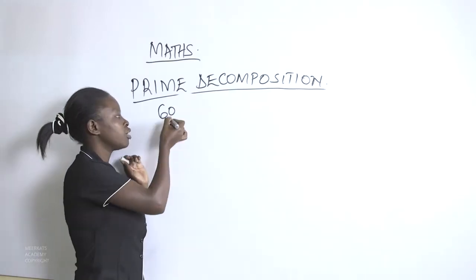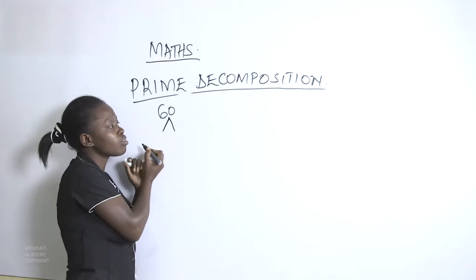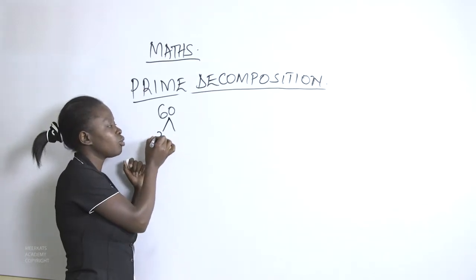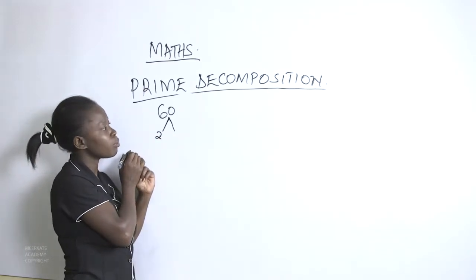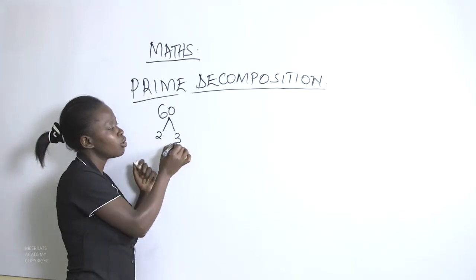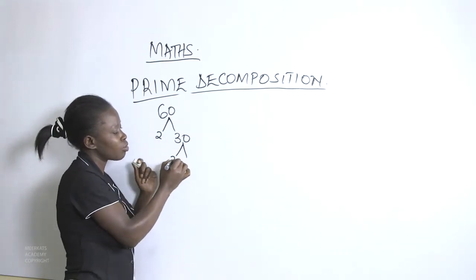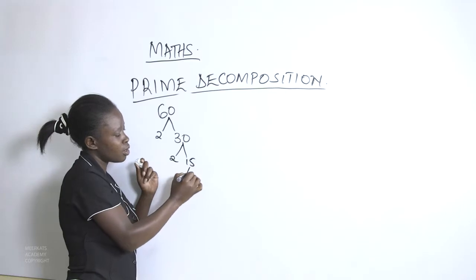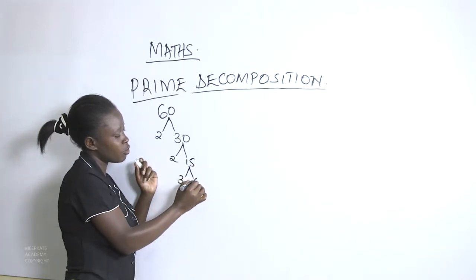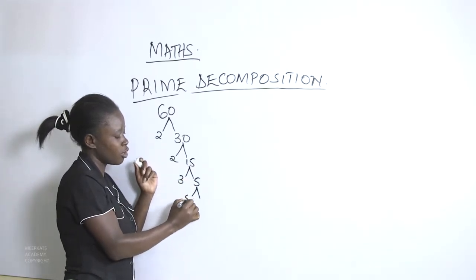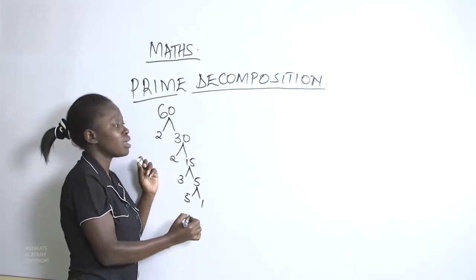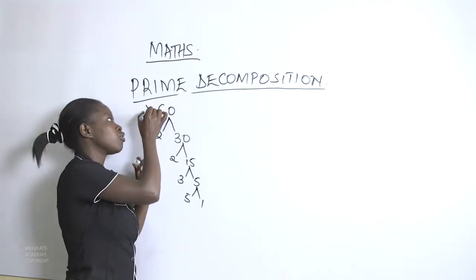If I'm using the factor tree, then we have the 2 arrows, so that 2 is our first smallest prime number that divides 60 into 30. Then the next one we have 2, 15. The next one we have 3 into 15, that is 5. Then we have 5 into 5, we have 1. But apart from using this factor tree,